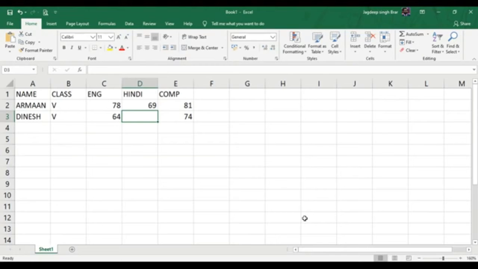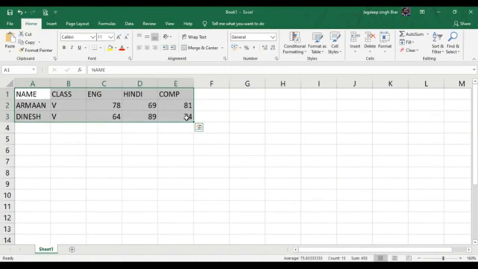Next is copying and moving data. In Excel, there are various ways of copying and moving data from one part of a worksheet to another. For example, here we type a value again. Now we want to copy this information from here to this location in the Excel worksheet. Before performing any action like copy or move, first you need to select the information.